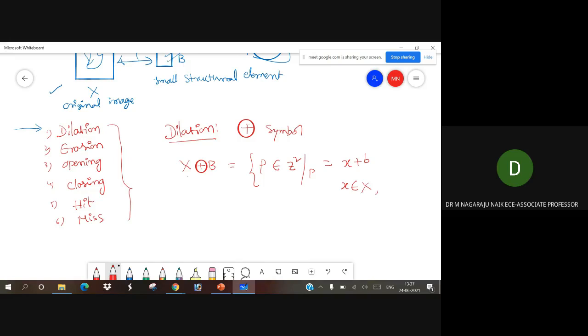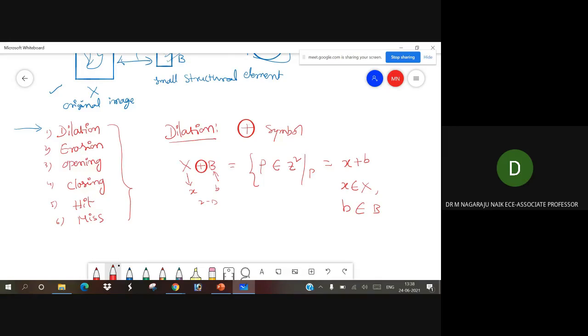Now b belongs to the set B, and x belongs to X. So it is in two dimensions.